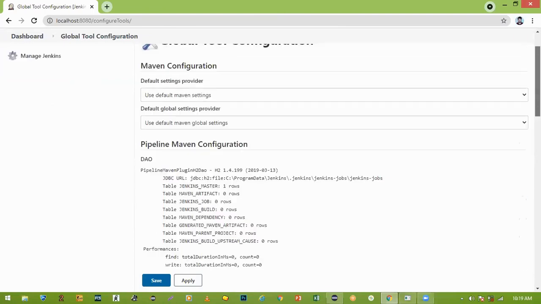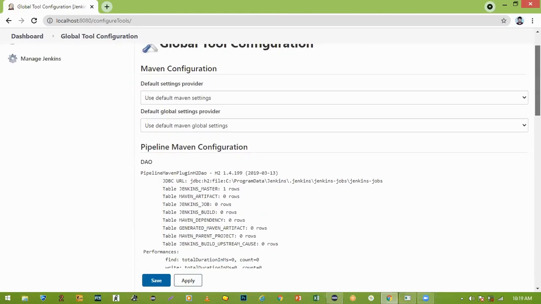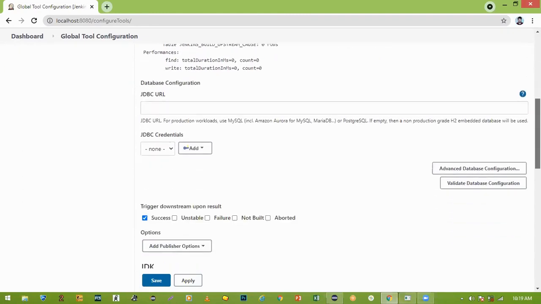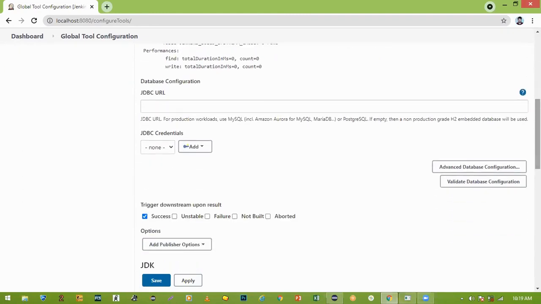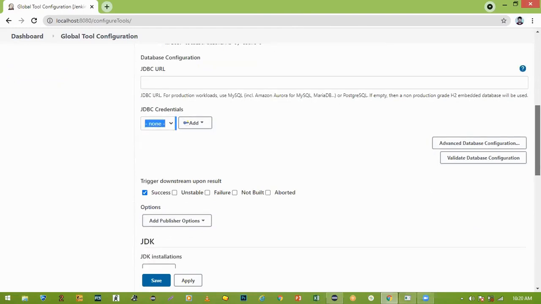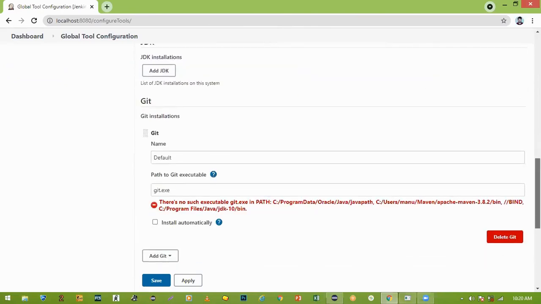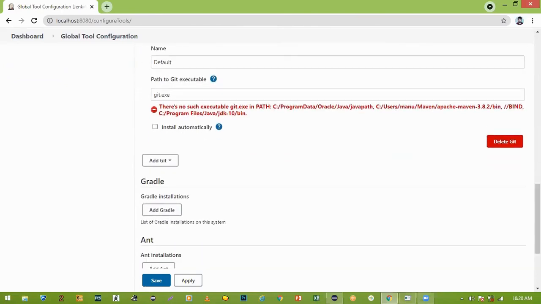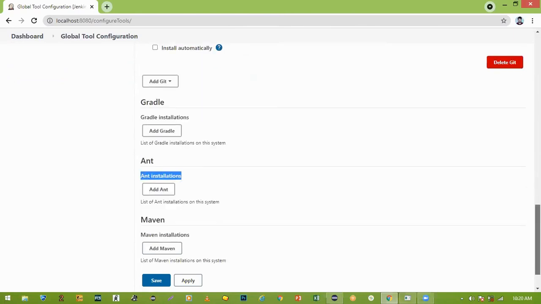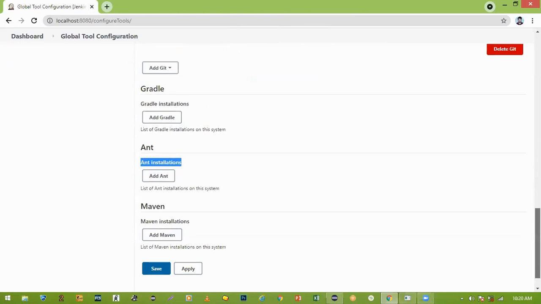Slowly scroll down. Go to Maven. Sir, JDK is there, Maven is there. JDK is there, Git is there. Where is the Maven? Ant is there. And yes, Maven.